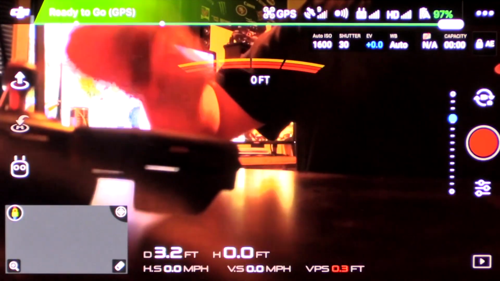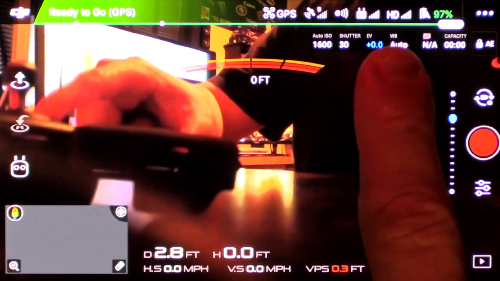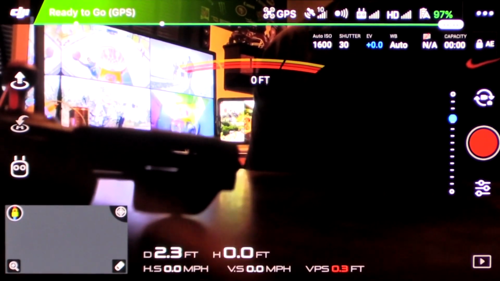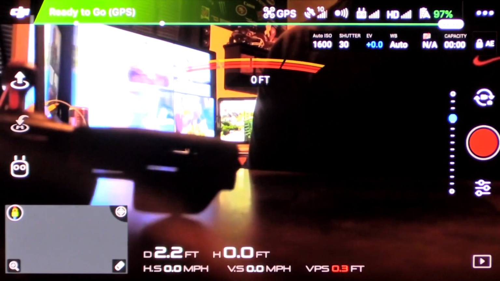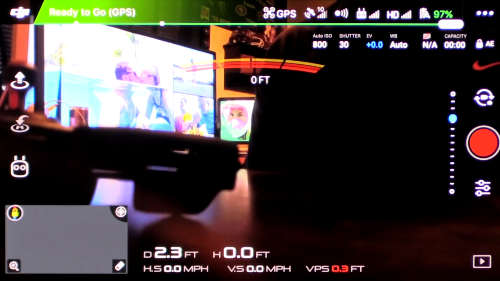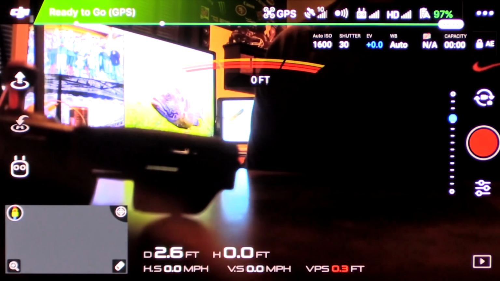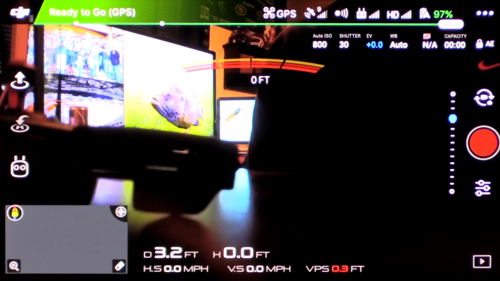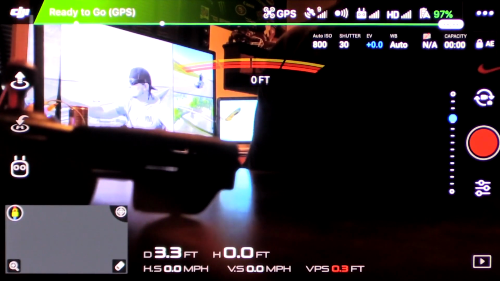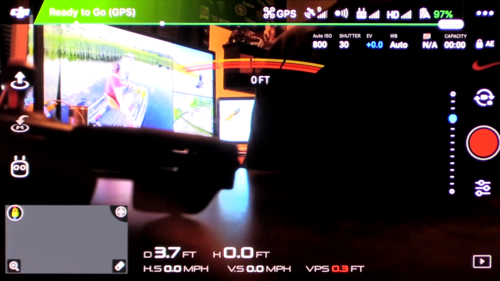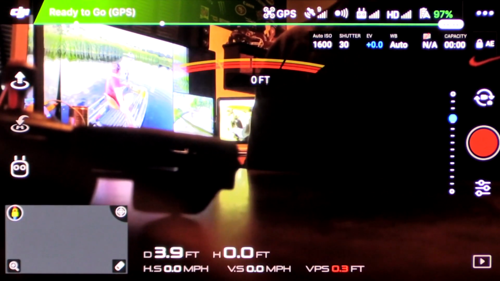So that's what that is. Next to that is your signal strength, but from your controller, from your remote to your drone. If that's full bars, that means you have a very strong signal, very good connection between your remote and your drone, so you don't have to worry about losing connection that way. As you know, this thing supposedly, free from interference, will fly up to 4.3 miles away, and you can still have a good signal. But of course,